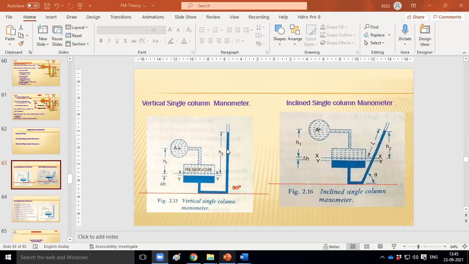Different. As far as this figure is concerned, see the height of delta H and see the height of H2. Which height is higher? H2 is higher as compared to delta H. Why does this happen? Because of the cross section area. You can see in this figure, which one?